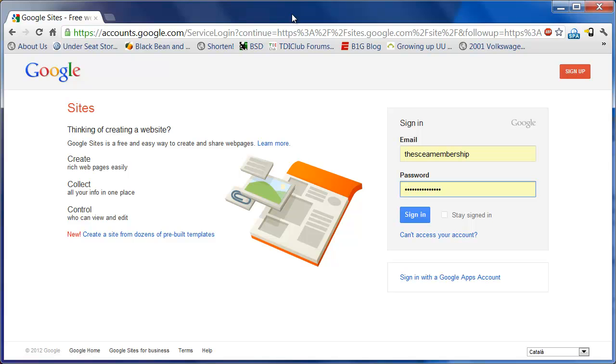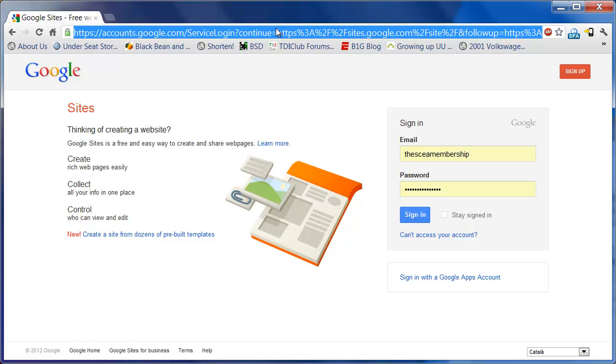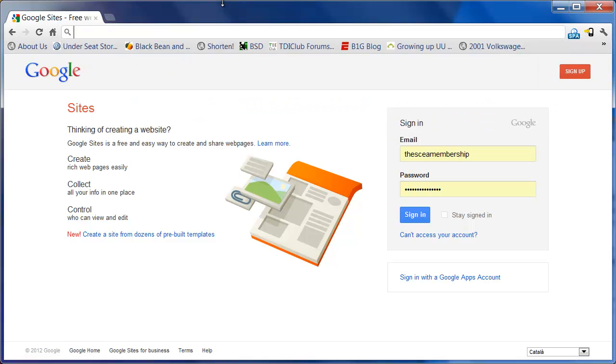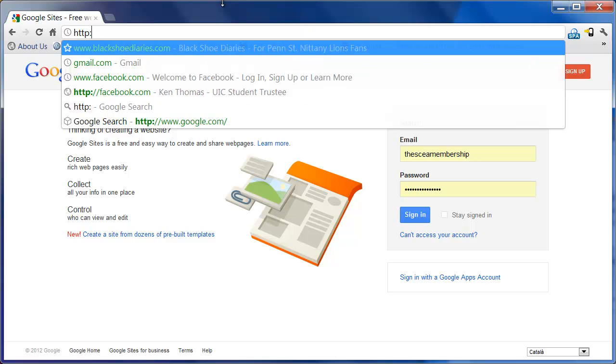Maybe that's why this browser looks a little different than what you might be used to. It's called Google Chrome. This works very well with Google Sites, which is what we're going to use to go ahead and create this site. So if you want to get this web browser, it is free. You can just use Firefox or Internet Explorer or whatever you currently use, and just go ahead and go to